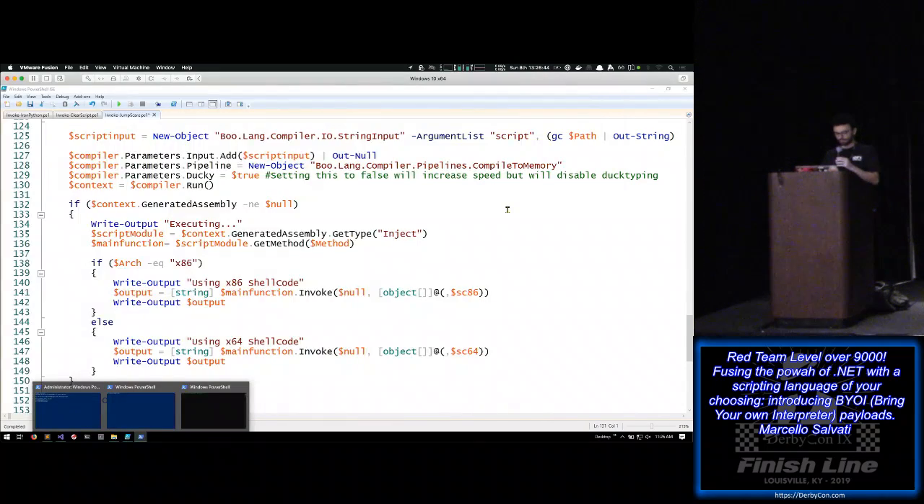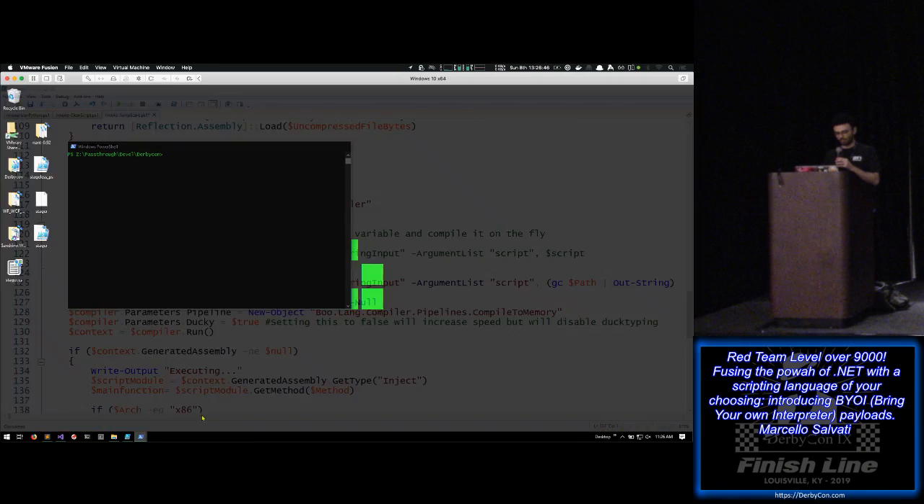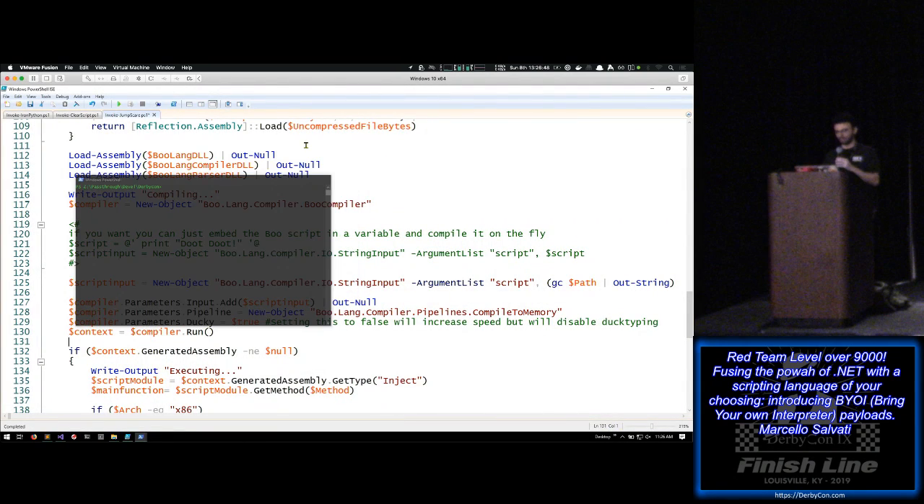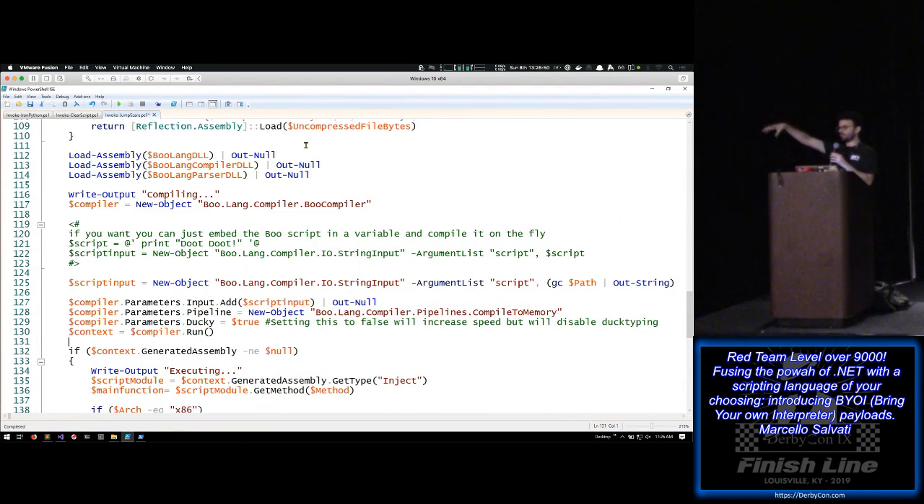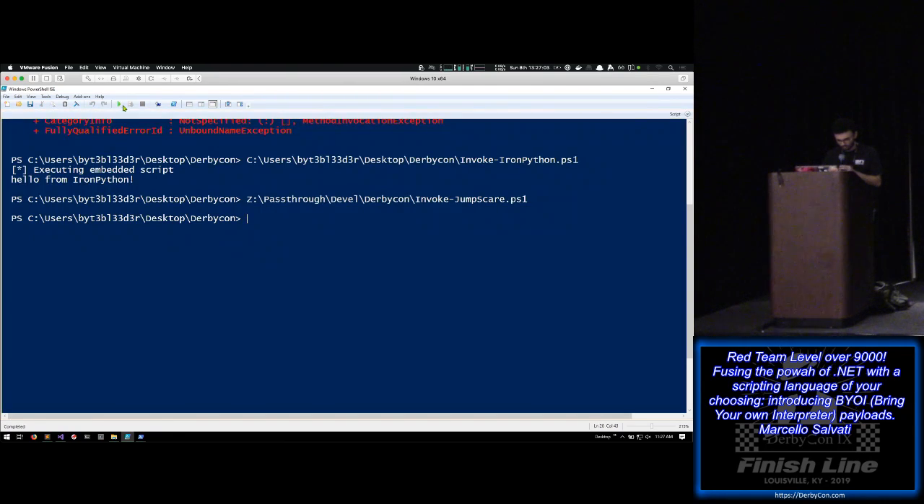In the repo, I took the Boolang source code and put it in its own file, but you can actually put it in the PowerShell script and just execute it on the fly. So if we do this, nope, wrong one. Okay, so now,